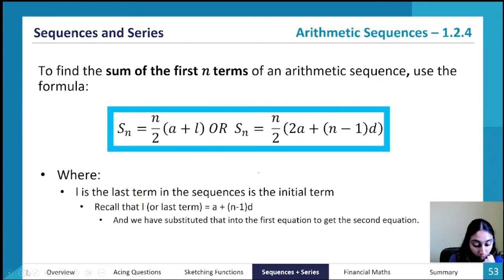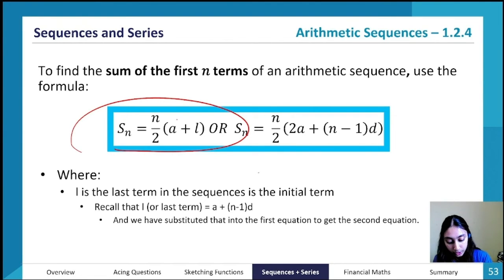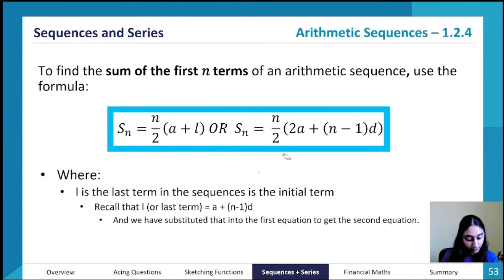Awesome. Let's move on to the sum of the n terms, which is given by these equations, also given on your formula sheet. So Sn is equal to the number of terms on 2 times a plus L, so the first term plus the last term, which is proven in a really cool way. I'll show it to you in the next slide. And from this equation, we can derive this equation, which is also given in the formula sheet.